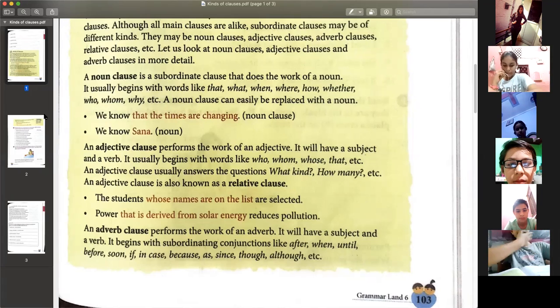Ma'am, I want to ask that in noun clause it is written that it usually begins with that and the WH family. But in adjective clause there is just an example. It just says usually. It does not say it is compulsory. It is just telling you that these words are starting the sentence. That's why I said please do not go with the words. You have to find nouns or adjectives. Okay, ma'am, thank you.